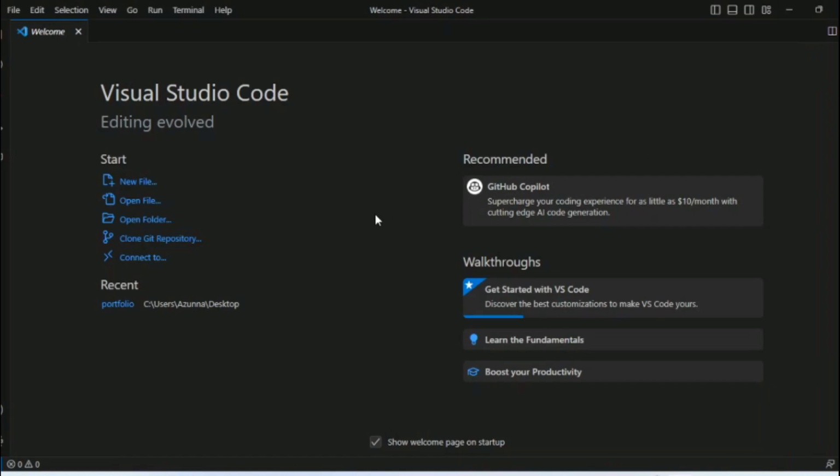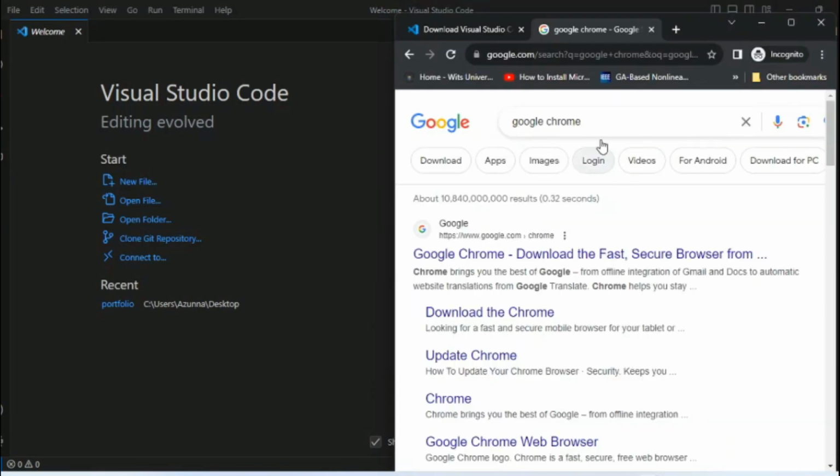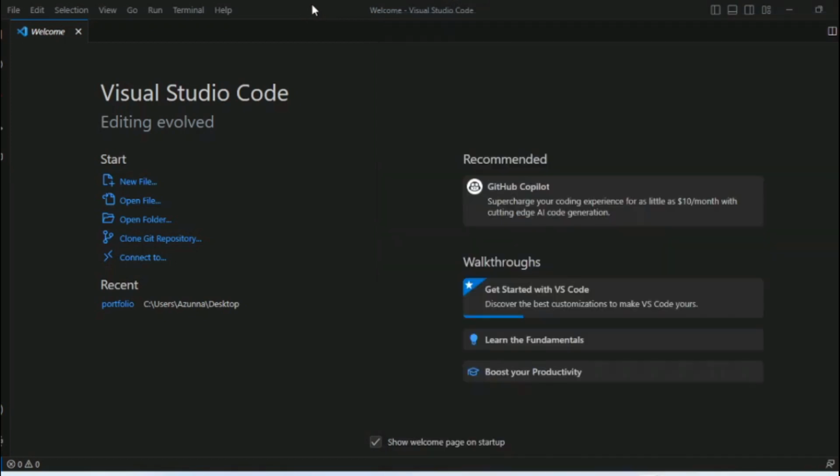Okay, so now that you have downloaded your Visual Studio Code and you also have your Google Chrome installed, the first thing that you want to do is to create a folder which would house your files. All right, so as a web developer, you need to always work with folders and files. All right, so the first thing is to create a folder, and then now you can do this in multiple